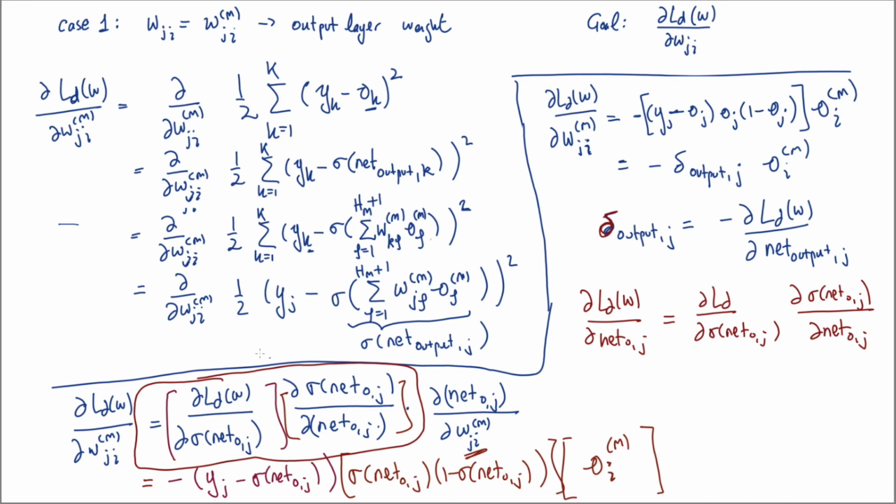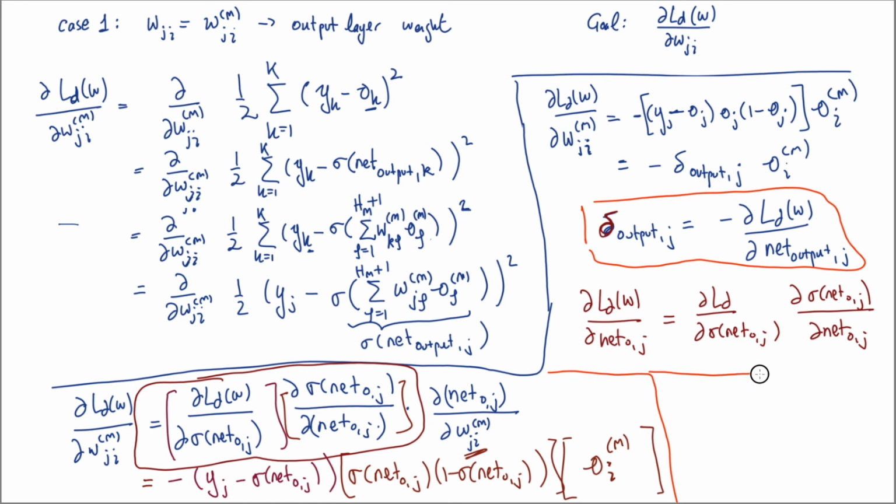Okay, and so most commonly you'll see this referred to as delta output j. Okay, so what does that mean for us? Well, and by the way, hopefully this is not too confusing. This is just notation. If you're not comfortable with it, just stick with the original notation up here, which hopefully is pretty clear. So this tells us that the SGD update is, remember, this is case 1, so if this is an output node, the update is going to be